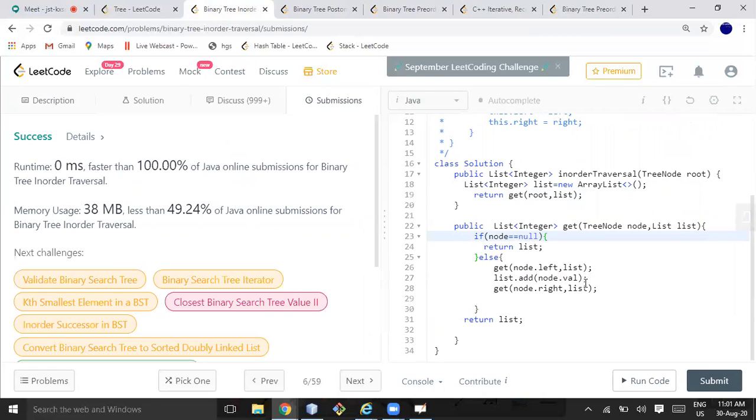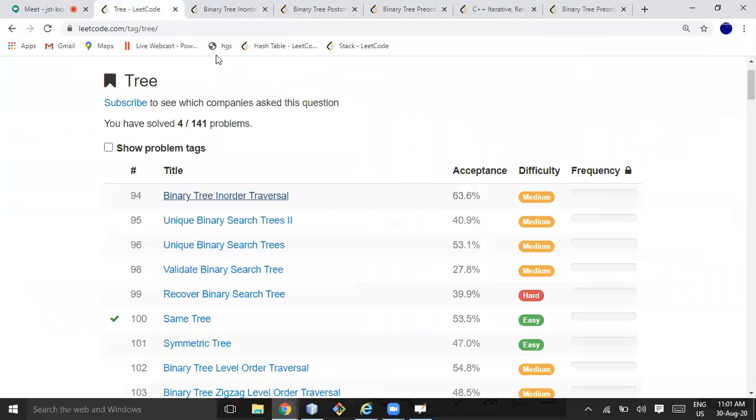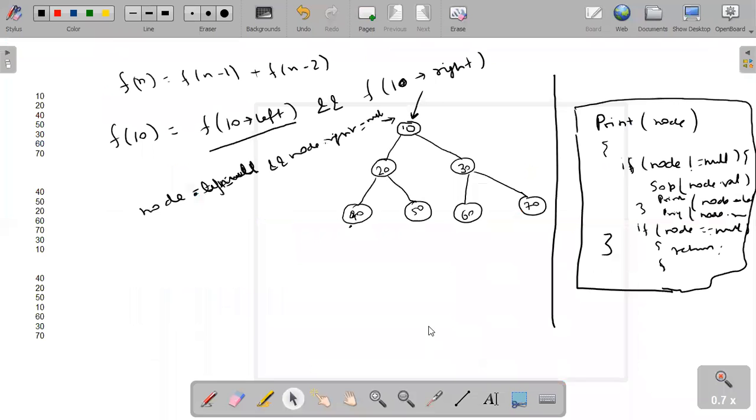Now, if I want to solve this problem iteratively, using iteration, how can we do that? To solve using iteration, here I'm just doing something like this. So you have root. Let's say one print function is there, and here you are passing node.